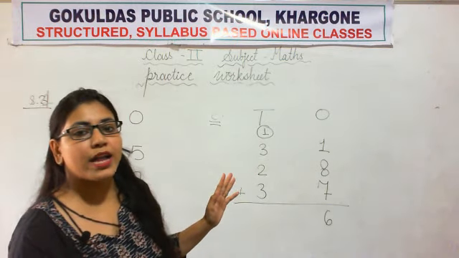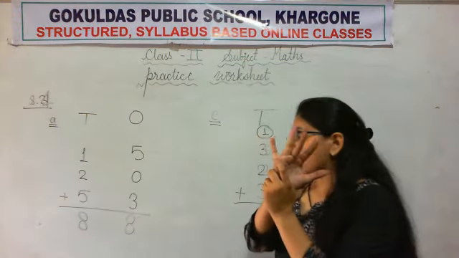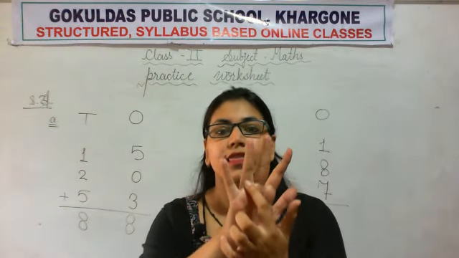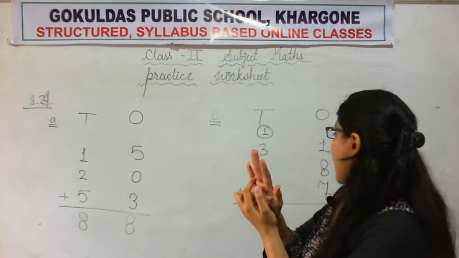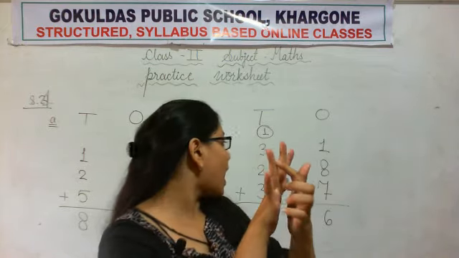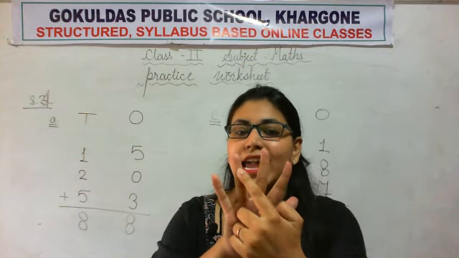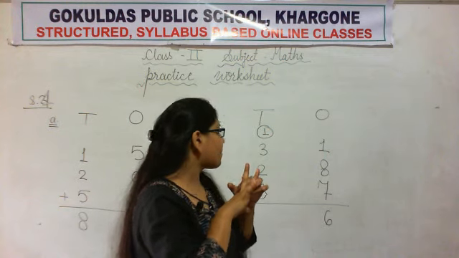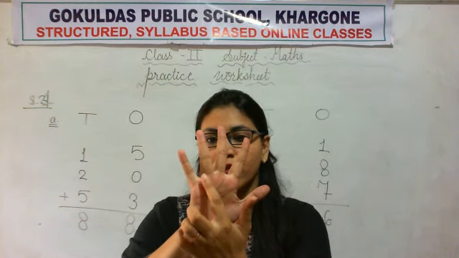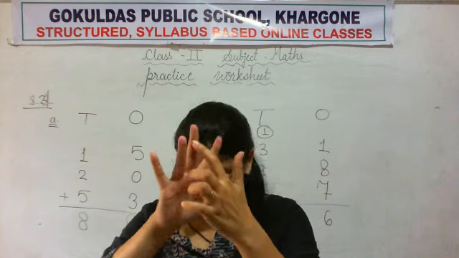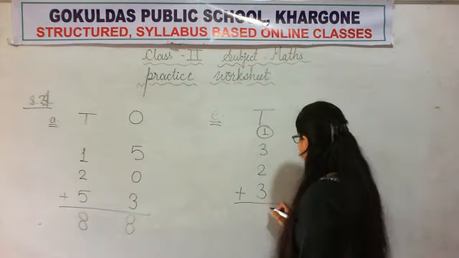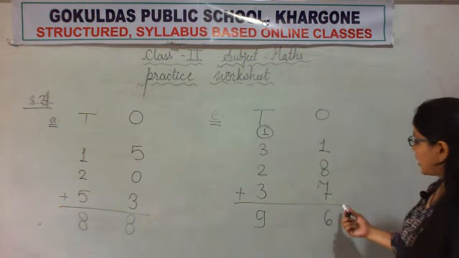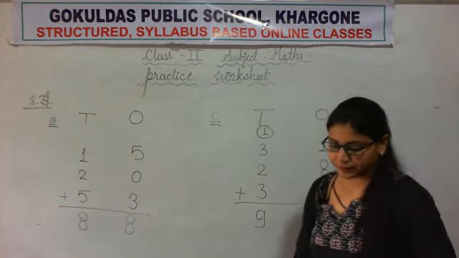Now for the tens column. First of all, number 1 in the form of carry is there, so we will count 1 finger mark. Now the number 3 is there, so we will count 1, 2 and 3 finger marks. The next number is 2, so we will open 2 finger marks. And the last number is 3, so we will count 1, 2 and 3 finger marks. Now let's count how many finger marks: 1, 2, 3, 4, 5, 6, 7, 8 and 9. So we will write the number 9. So our sum total is 96.